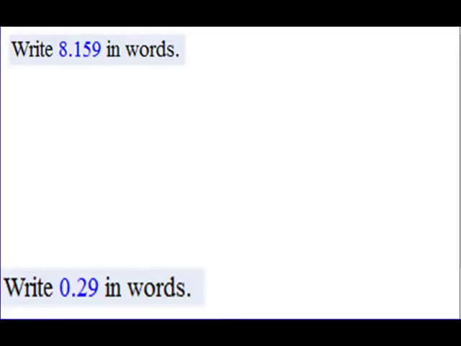Now, as discussed earlier in the semester, we do need to be able to write numbers as words, particularly when you're dealing with legal documents such as checks. It's the written words that override the numbers. And as we discussed earlier, the decimal point in words is the word "and". So the first number up here would be 8. And here's our decimal point. Then you look at your number, that's 159. So you would write that as